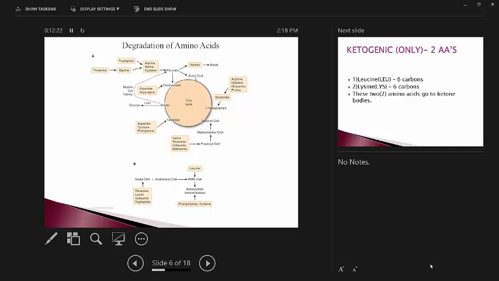This is an aspartate that we're going to produce, with some of the enzymes. These are ones that work pretty much the same way. Tyrosine, phenylalanine, and tryptophan are aromatic amino acids, so they are going to be mixed. Part of their molecule is going to go to fumarate, and part of their molecule is going to go to other precursors, and we'll see that later on. And then these are the ketone bodies, and we'll talk about that in the next slide.